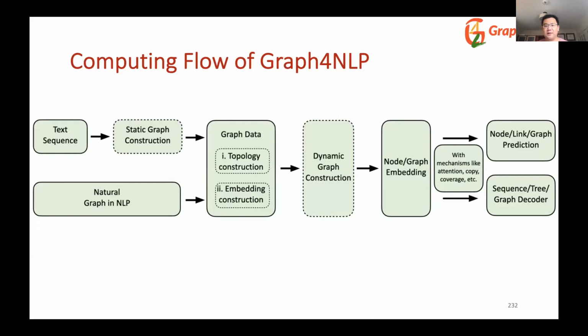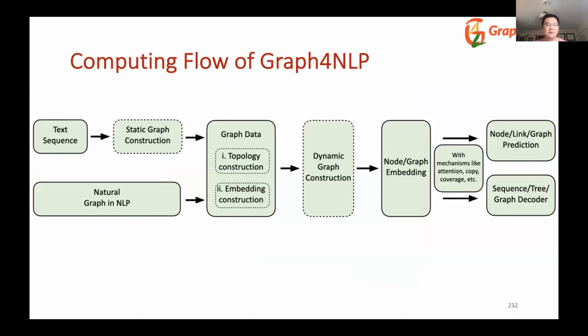You have 2 scenarios here. Either you already have some graph available. In that case, you can directly pass it to the graph data module to do the topology construction and embedding construction, and then go to the dynamic construction. This is optional. And then we have the graph-level representation module to generate the graph-level representation, and you can do different tasks, like document classification, link prediction, graph prediction,